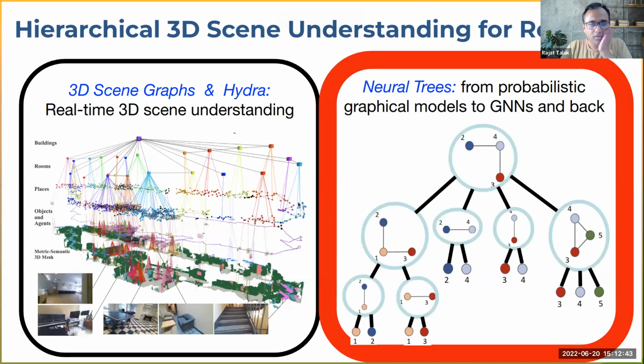Okay, so Luca discussed how we have a system now, Hydra, which helps us build 3D scene graphs in real time. But there are some issues that we encounter because these scene graphs are built in real time and in the real world. They're not necessarily always correct. So in the remaining part, what we'll discuss is how we can come up with some learning-based models that can help correct some of the mistakes that the Hydra